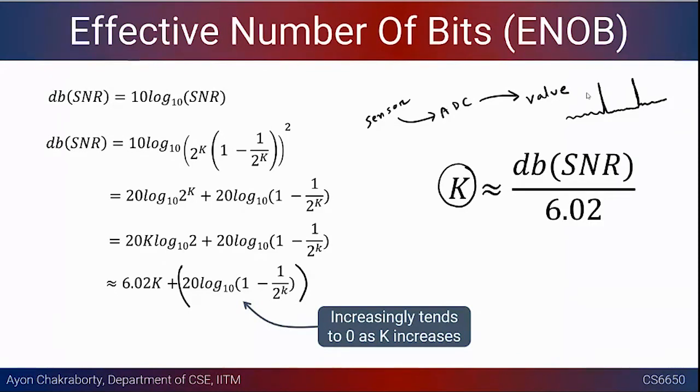So there could be both cases. You could be doing some sophisticated analysis on the exact value, where you want the value of the analog signal as closely as possible. In those cases, you want K to be higher. So K should be high here, and here K doesn't matter much. All you require is whether there was a spike or not. So this is one concept you should keep in mind.